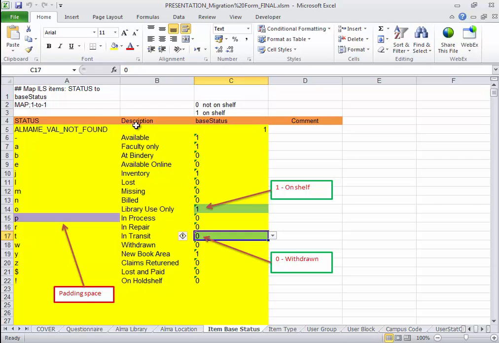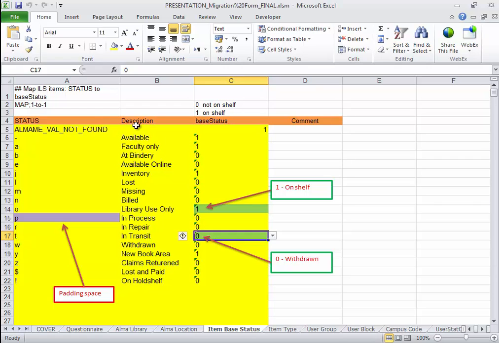Alma has a process type that indicates the status of an item depending on the Alma workflow, such as item is on loan, item is sent to the bindery, but the process type is dependent on the corresponding Alma workflow. For migration, all item statuses that are indicated as not on the shelf from your current ILS are given the process type of technical, and the item status from the description column is written to an Alma item note. By default, this is internal note 3, but can be changed on the item tab of the data delivery form. Post-migration, you can then search for and reroute items with values in Internal Note 3 to the appropriate handling or